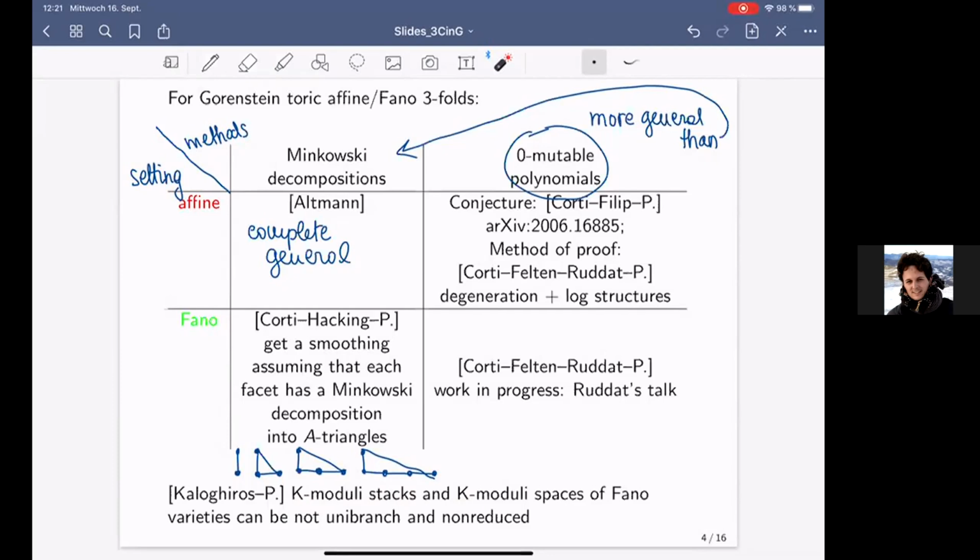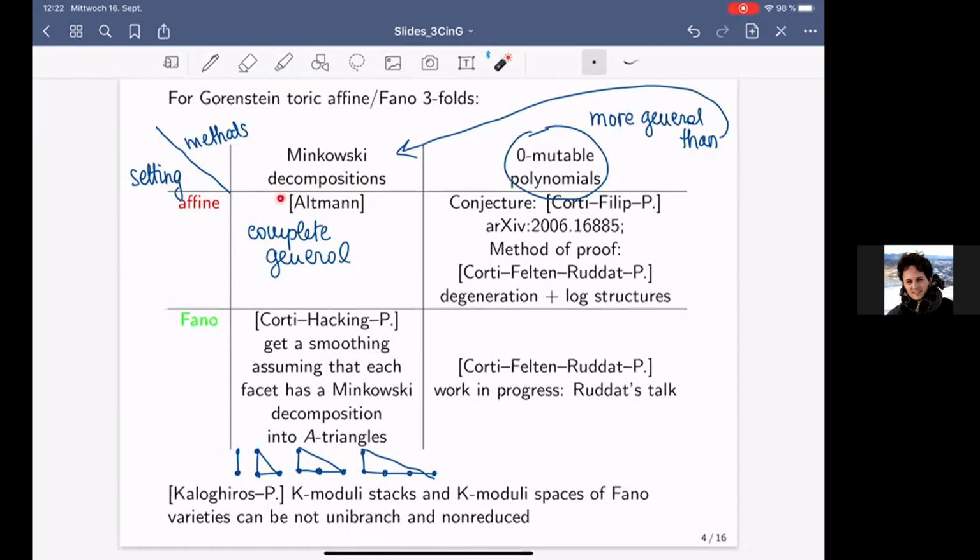The origin comes from Cayley-Rinstam matrix, and our example, so the power of toric geometry is that we can run the computations completely explicitly, and then we can really understand very precisely what are the local structures of these stacks and moduli at the toric points. And in this way, we can find points where the stack or the good moduli space is not unibranched or non-reduced. Okay, any more questions about this before